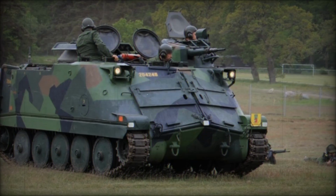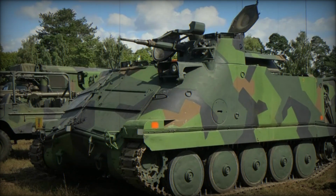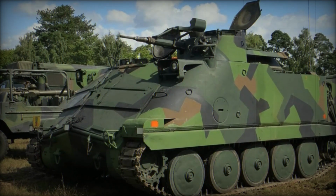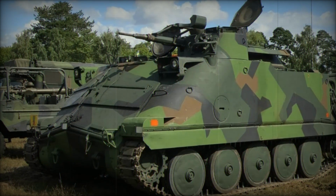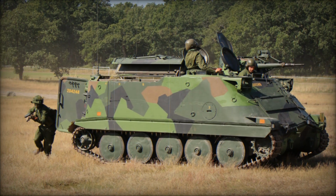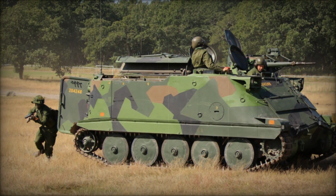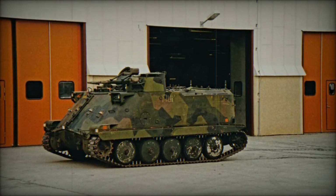In terms of firepower, the PBV 302 is equipped with a 20mm Hispano cannon mounted in a powered turret located on the forward section of the hull's roof, to the driver's left. This positioning provides the crew with a versatile and reliable weapon for both offensive and defensive engagements. For additional self-defense, the vehicle is fitted with 6 smoke grenade dischargers and 2 Lyran flare launchers, enhancing its survivability